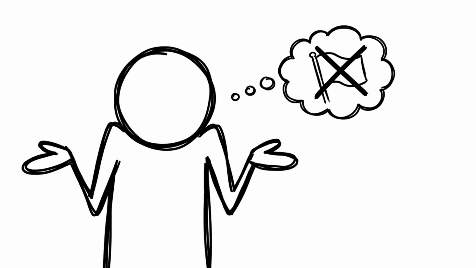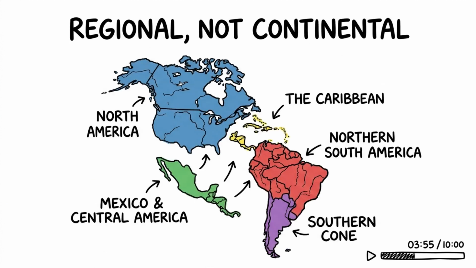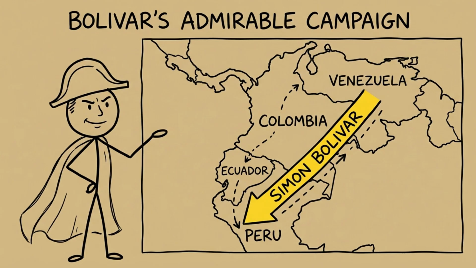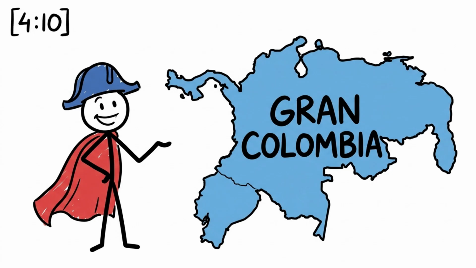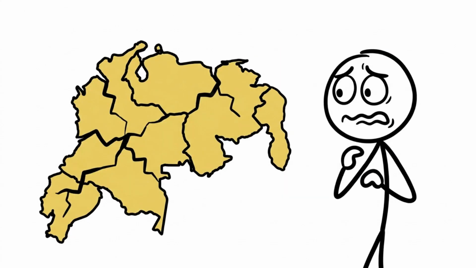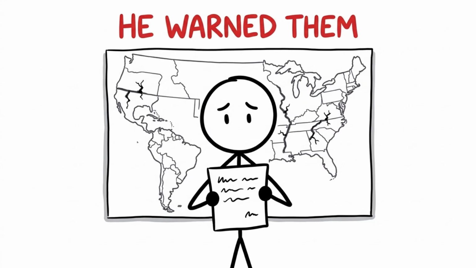Simon Bolivar understood this danger better than almost anyone alive at the time. He is remembered today as the great unifier, the man who dreamed of a single nation called Gran Colombia, stretching from Venezuela to Peru. What most people forget is that Bolivar spent years watching his own dream collapse in front of him. He warned, in letters and speeches, that the newly independent territories were fracturing along exactly the old viceroyalty lines, and that regional elites in each capital had no intention of giving up local power to a distant central government, even one led by the man who had liberated them.